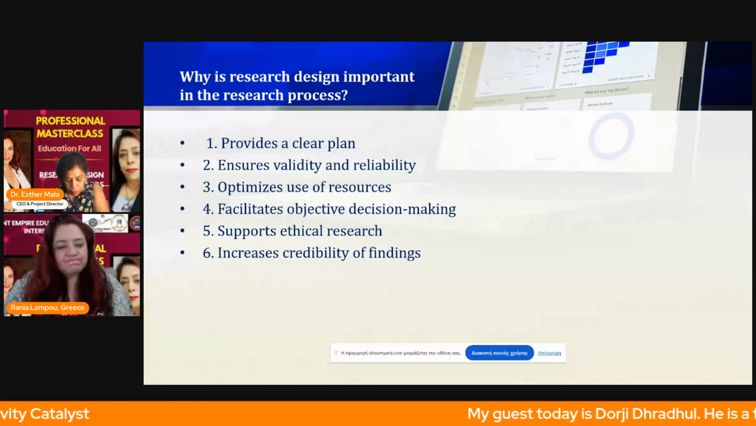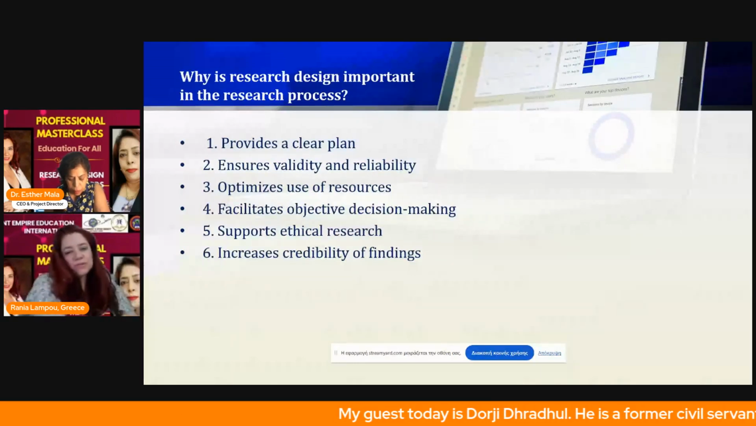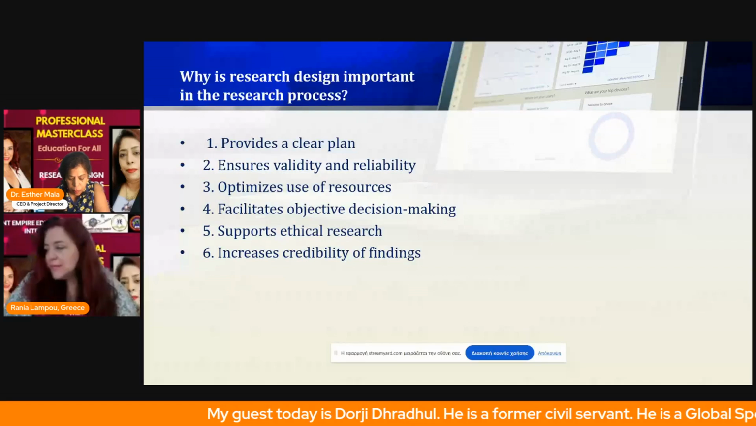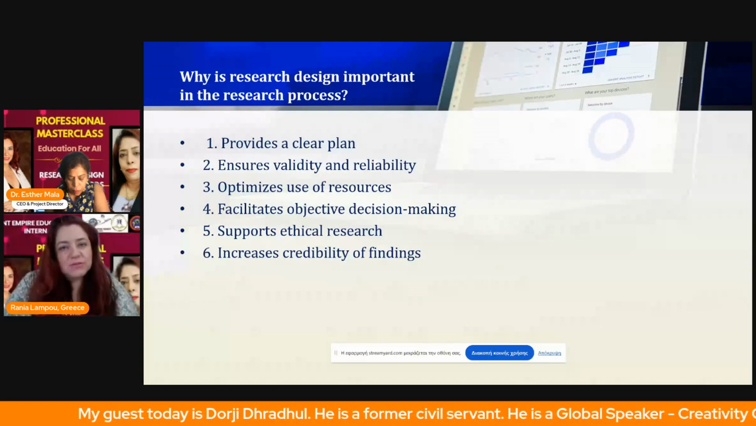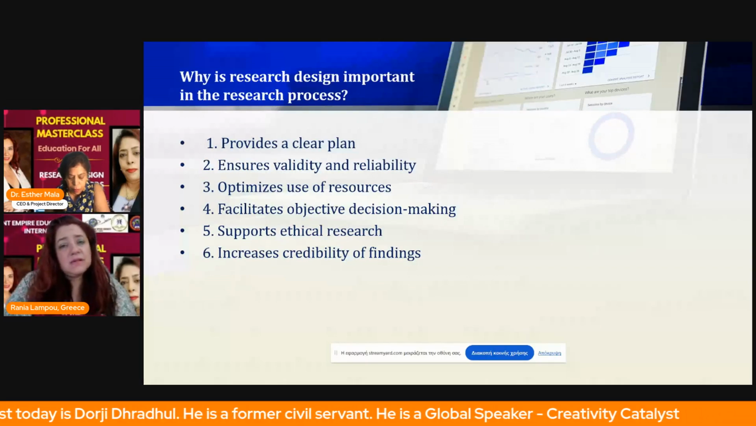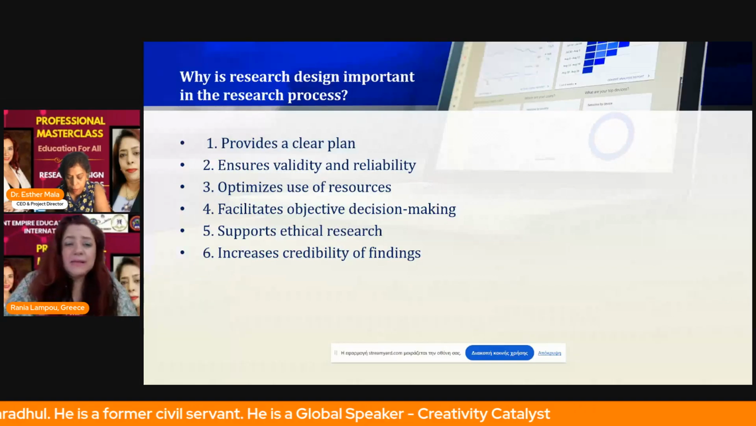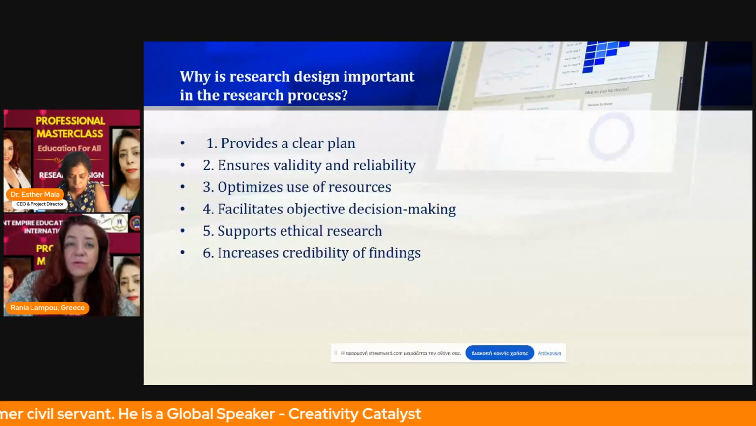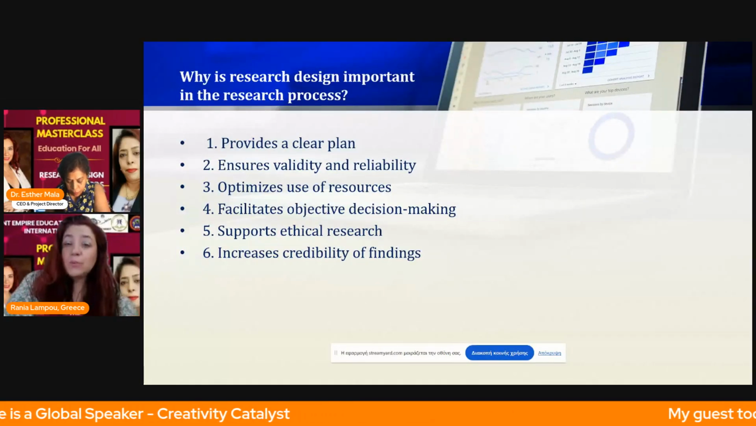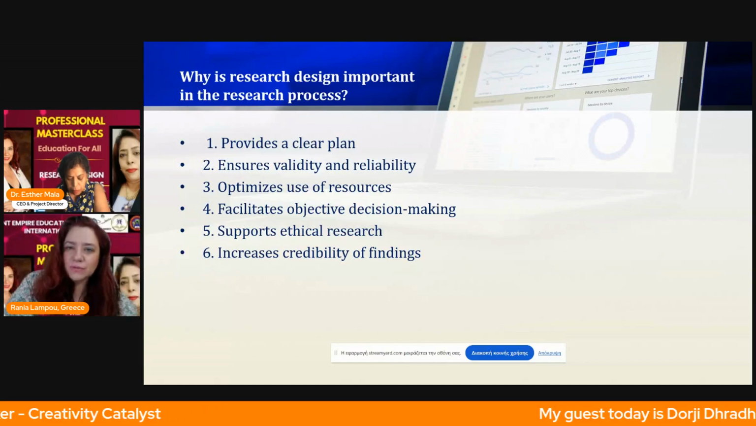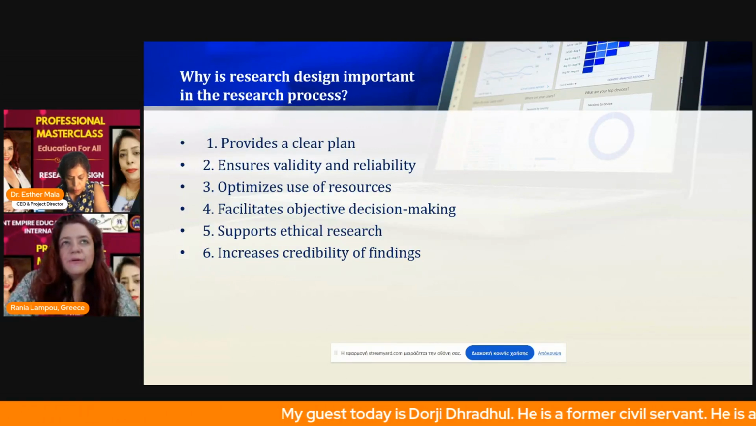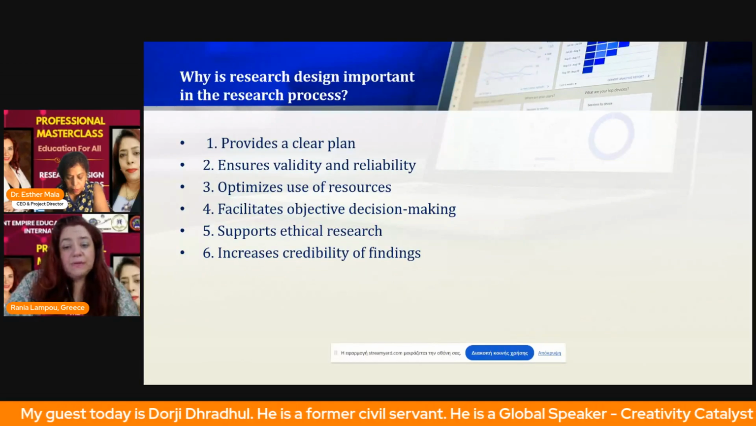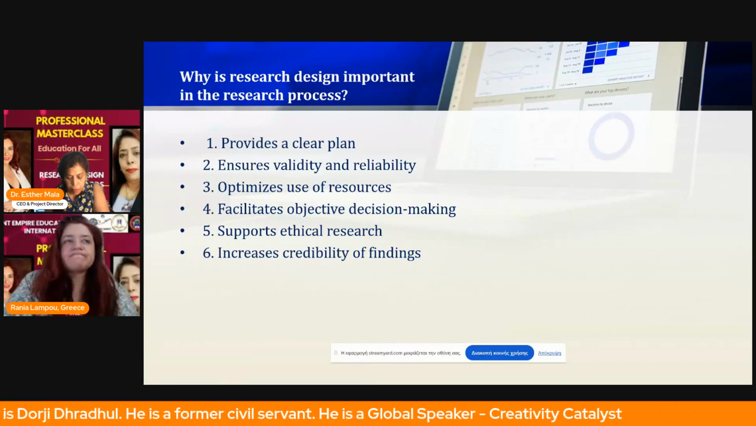And of course, it supports ethical research because it identifies ethical considerations and ensures that they are addressed, so informed consent and anonymity. It increases credibility of findings because a well-structured design boosts the trustworthiness of conclusions drawn from the study. Let's give an example: if you want to study the effect of sleep on student performance, without